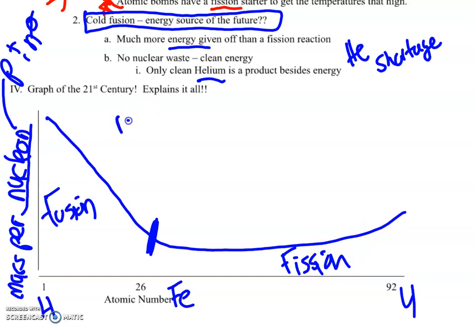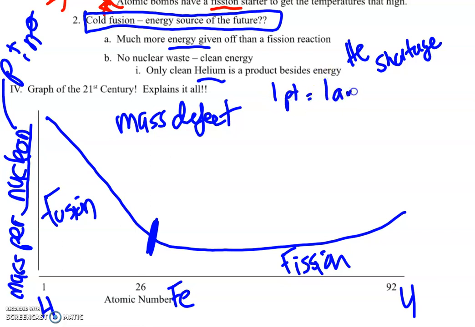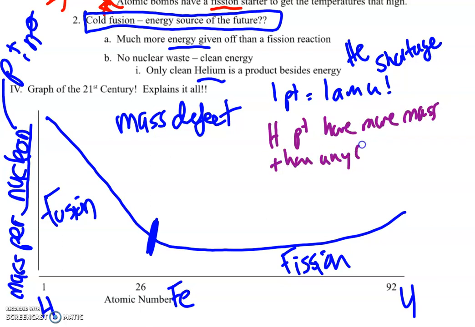If you go back to your reading, there's something called the mass defect. We've simplified some things before, and we've told you that 1 proton equals 1 AMU, and all protons are the same. That actually is oversimplifying it. In reality, hydrogen protons have more mass than any other proton. It's not a lot more, it's not like 2 or anything, but they have incrementally more